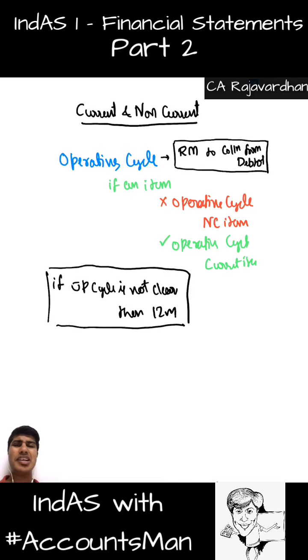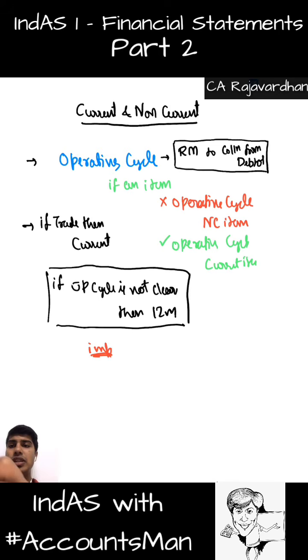And if an item is a trade item, it's definitely current. Next important point: if trade item, then current. If it is not a trade item, then it is not a current item. So this is with regard to current, non-current. However, there is a frequently asked question on which ICAI has also given specific notes. So we'll cover that specific point. This is an important point that we need to note now.